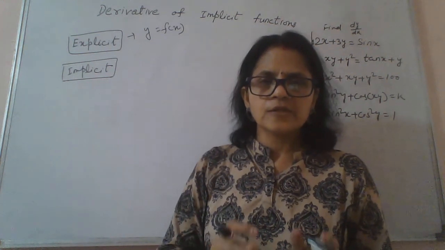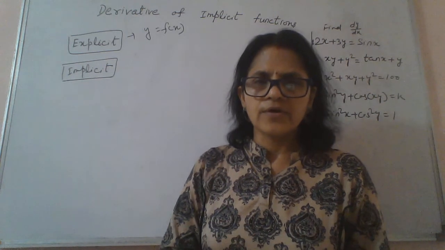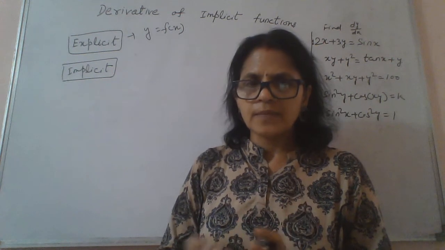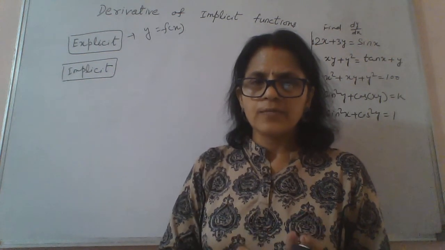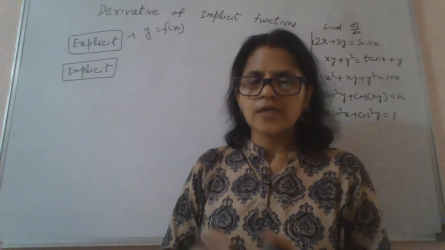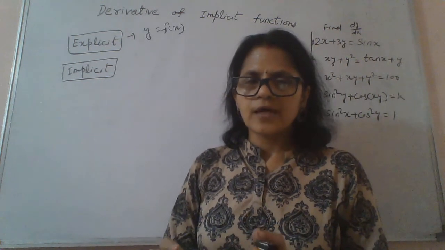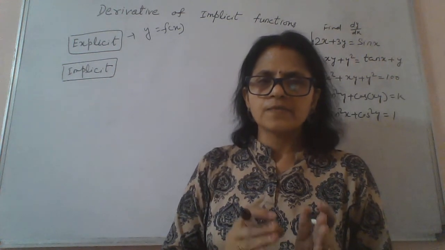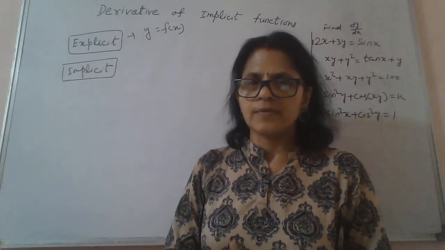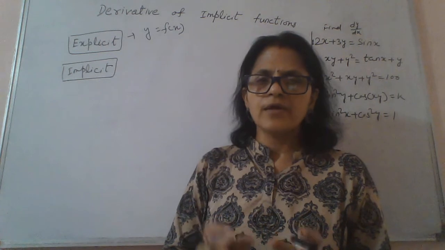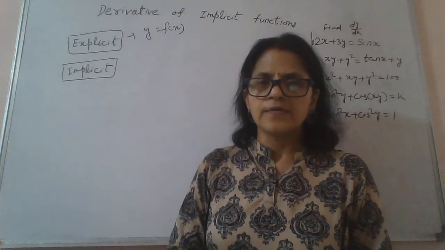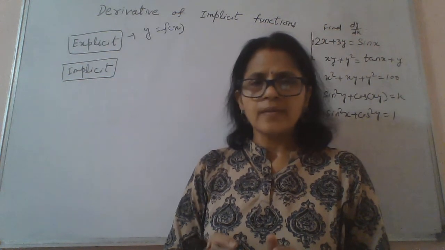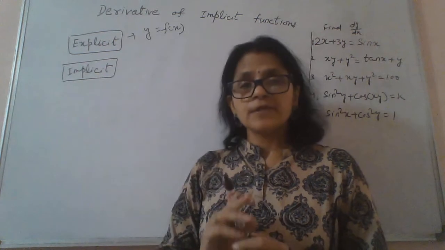So basically an explicit function is a function in which, if we involve two variables x and y, y can be expressed in terms of x alone or x can be expressed in terms of y alone. It means one variable can be expressed in terms of the other variable. So whenever we have y equal to sin log x, for example, dy by dx can be calculated very easily. But in case of an implicit function, what happens?